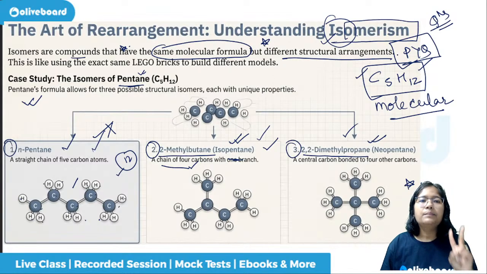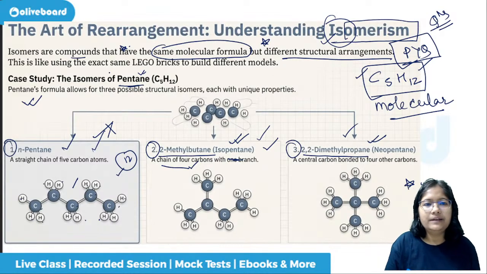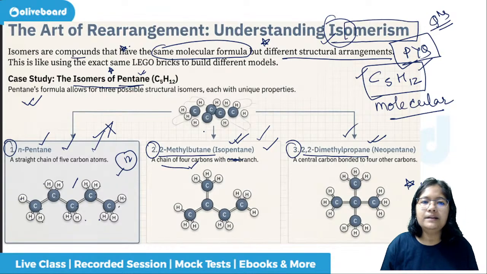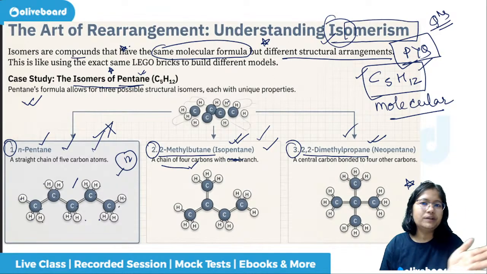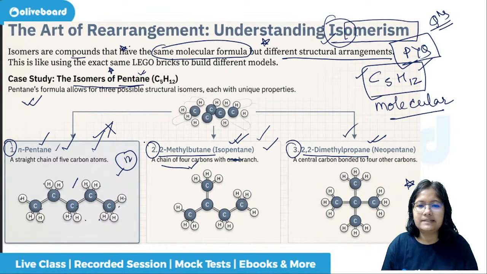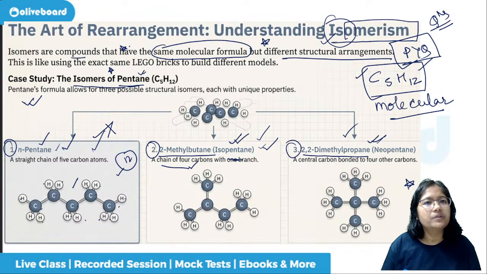Number 2, only for the example I am giving you, that is pentane. For the isomers of pentane, remember that it can be in the form of n-pentane. If they ask which of the following is an isomer of pentane, then you tick from the options: n-pentane, yes. Isopentane, yes. Neopentane, yes. If they ask all of the above, yes, all of the above. So this is what you have to remember.